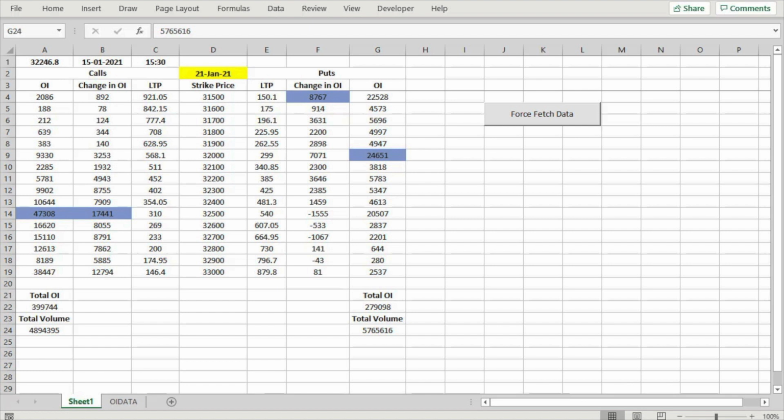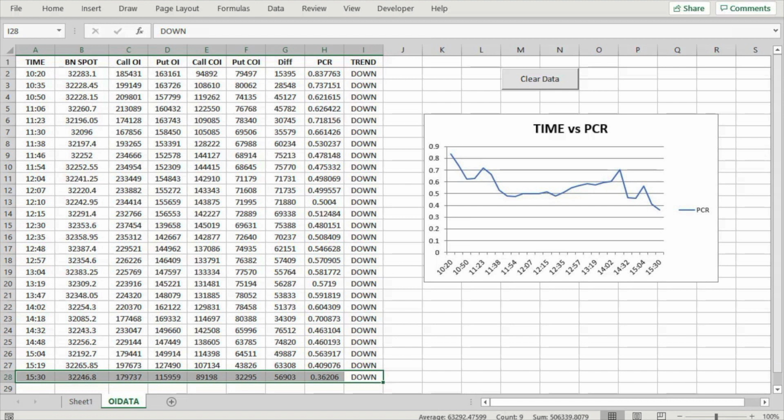It automatically fetches option chain data from the official NSE India website every 15 minutes or whenever you press the force fetch button. Those who are familiar with VBA coding can modify it to include any further information you need, such as volume and implied volatility data. The reason I kept it simple is because, according to me, OI and change of OI information is what is enough to gauge the direction of the market. Excel Office 365 is recommended, but not necessary to use this tool.